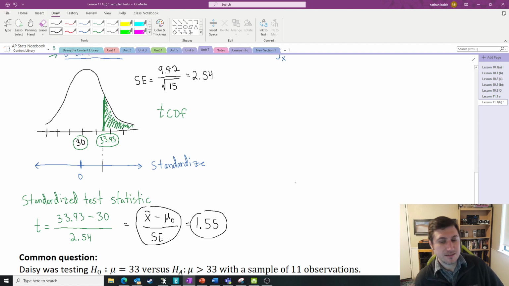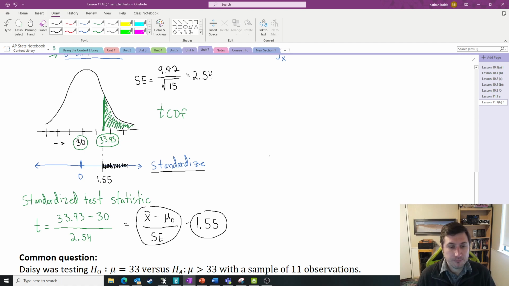So our t statistic is 1.55. It's 1.55 standard errors away from the middle. And that's the number we're going to type into our calculator right now. Because we can't do it with context, with the 30 and the 33, we have to use the standardized numbers. And so we're going to find the area above